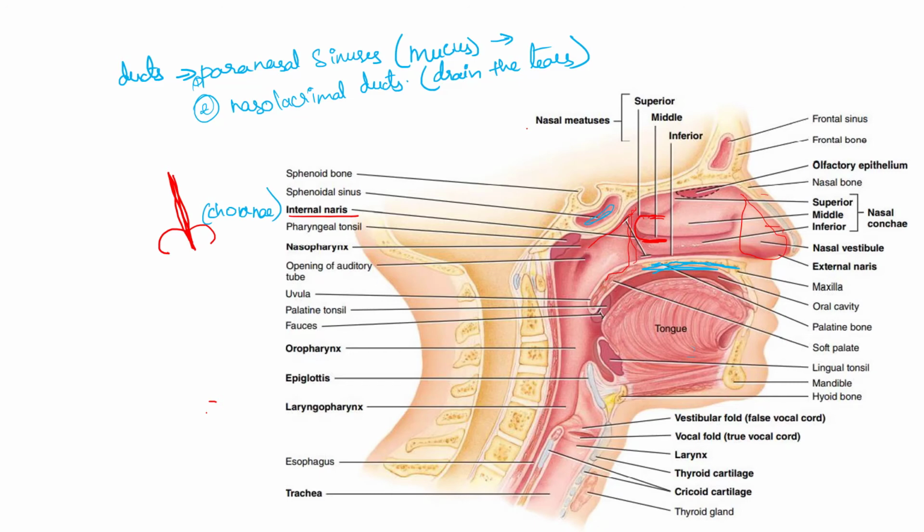When I'm speaking, due to this nasal cavity only, I'm getting a vibrating sound. If we don't have that one, all my words will be the same. These are the uses of paranasal sinuses. And for nasolacrimal ducts, we have only one use, that is, it will drain the tears.